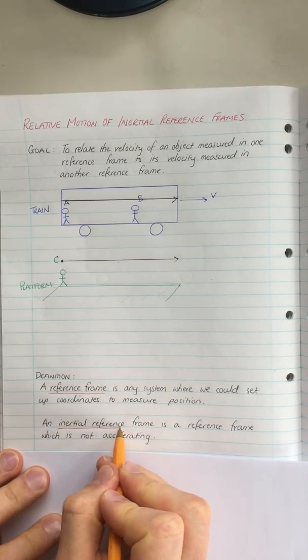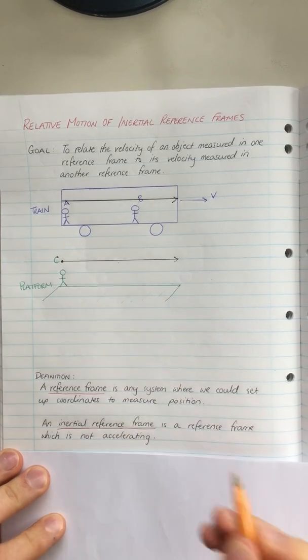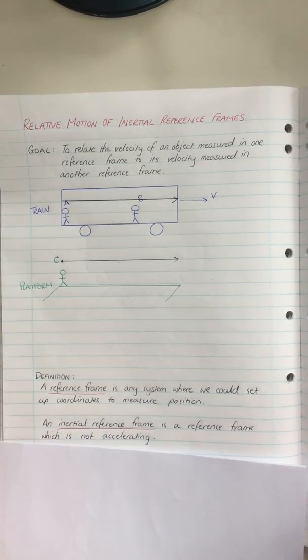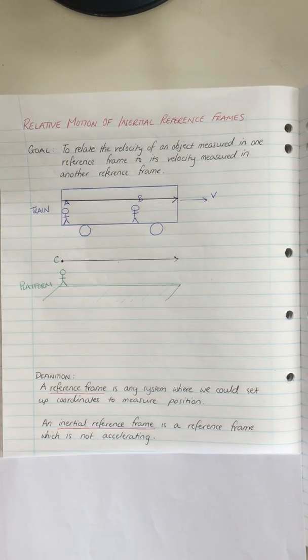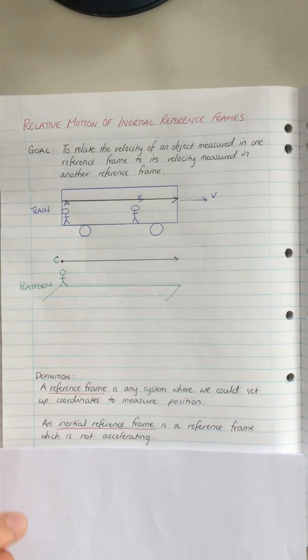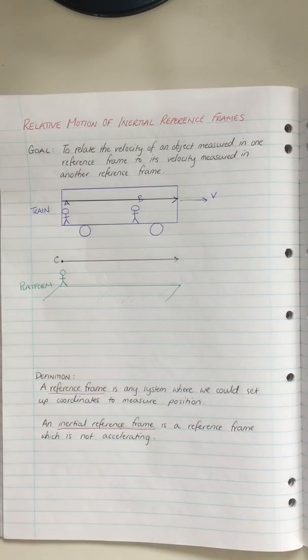So this one here. Because that's what we're going to be dealing with when we talk about special relativity. An inertial reference frame is a reference frame which is not accelerating. Okay, so if we then move on to give a more specific example,